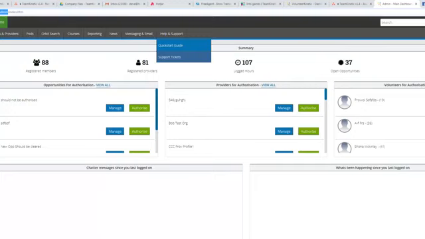So what things can these trusted providers do? Well, the opportunities that they create are automatically cleared, so they can go active on the system straight away without being checked by the administrator. They can also create opportunities which require a DBS, references or inductions. At the moment, if you've got DBS, references, or inductions switched on in your system, then providers can create opportunities which are restricted by either DBSs, references, or inductions.